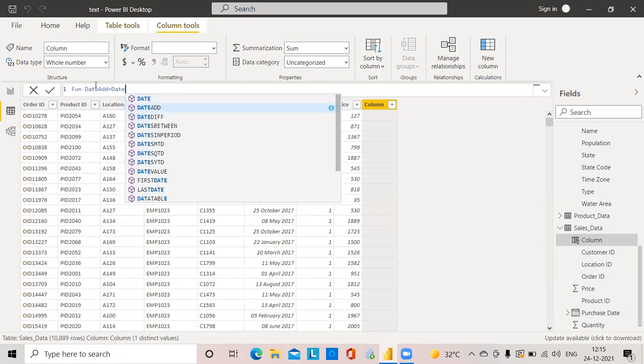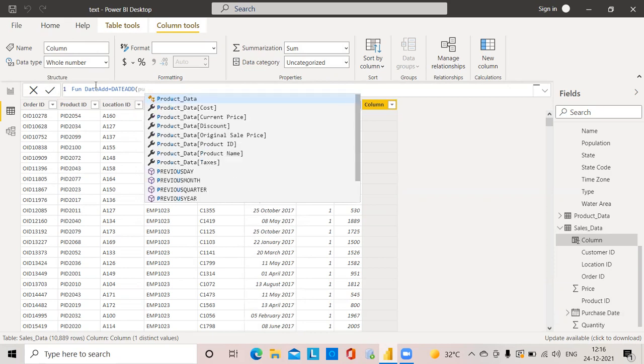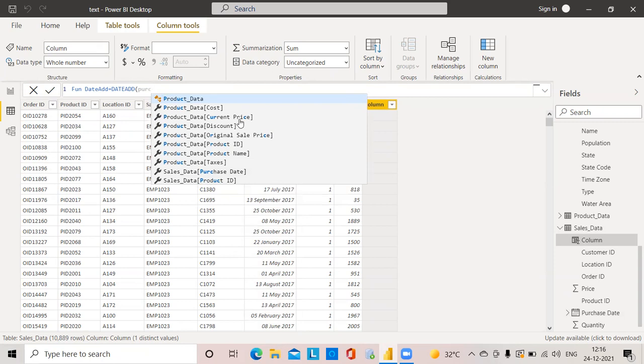We have a function called date add. I am using purchase date from sales data.